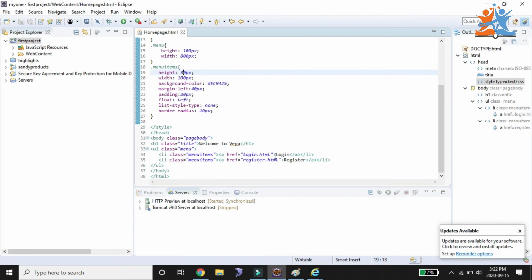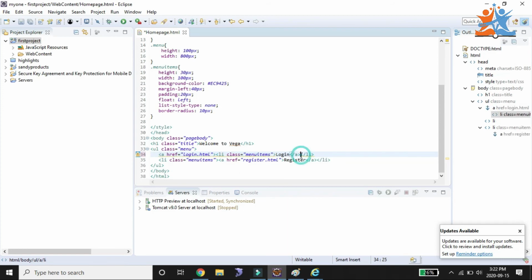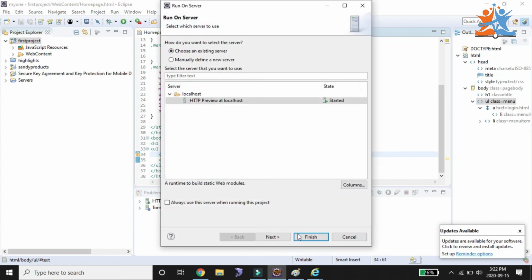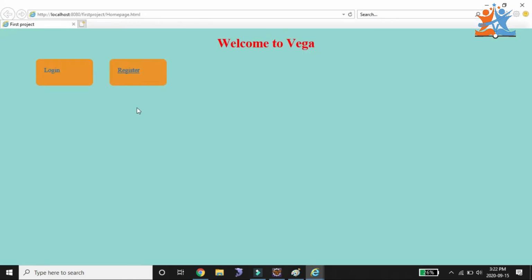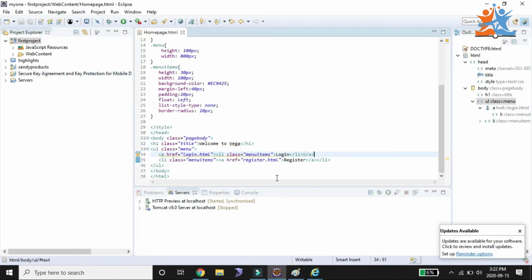So I will change this anchor tag here. Inside the anchor tag we have a list item. Let's see what happened. Save and run. So we only get the normal thing. Okay, done. The same thing we can apply for the